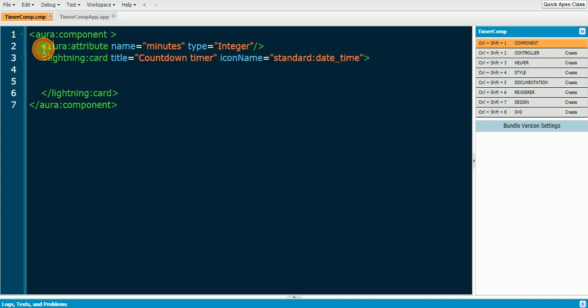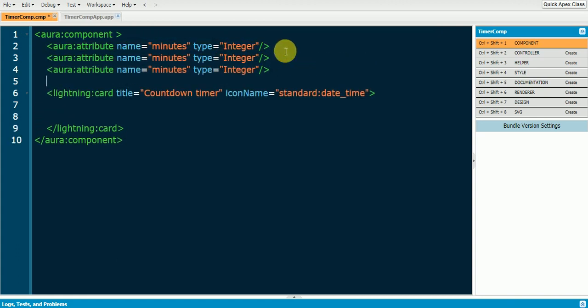Similarly, I'm gonna add two other attributes here with the same type integer, but the name is different here. One is countdown minutes and countdown seconds. So this is countdown minutes, and similarly countdown seconds. And I'm going to set some default values for this. I'll just set the default value as 0. Yes, and the same default value here as well. We have added three attributes here.